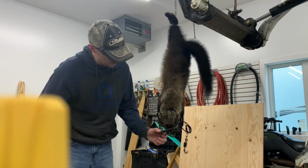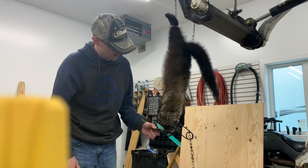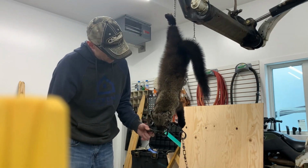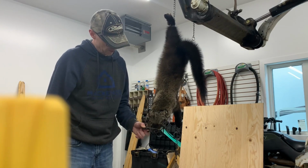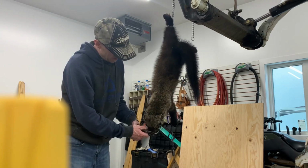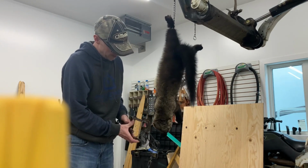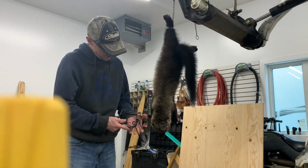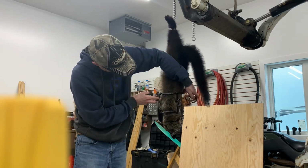He'll shove his head right in, like you can see how that fisher fills up that 120. But that's how I catch most of my males and females actually, with 120s. I have caught fisher in 220s. If I catch a fisher in 220s, most of the time the 220